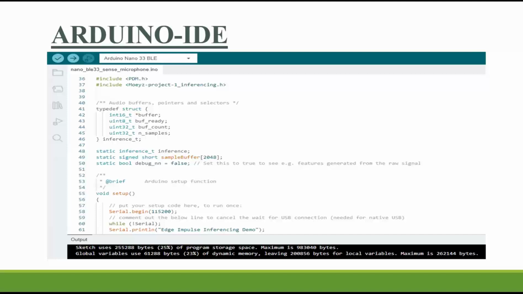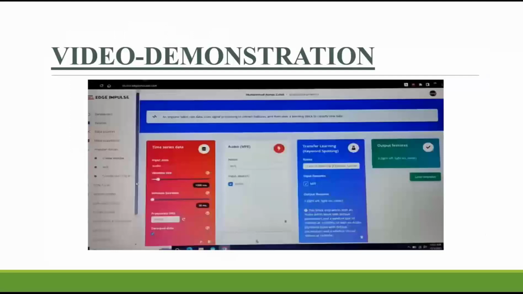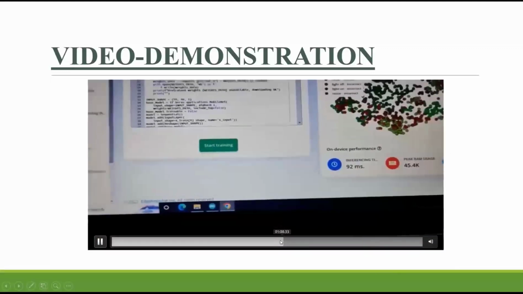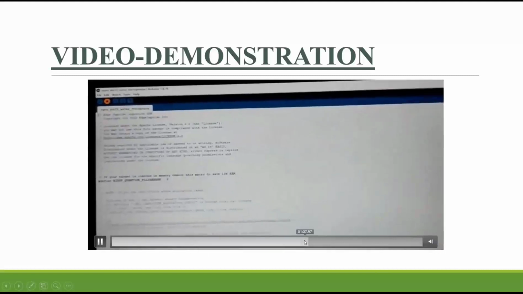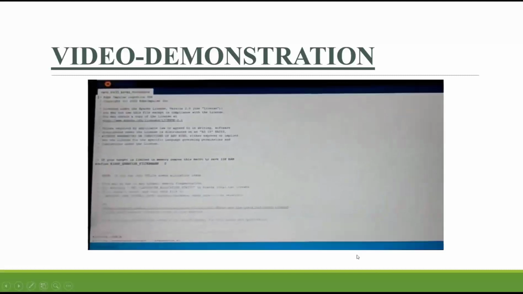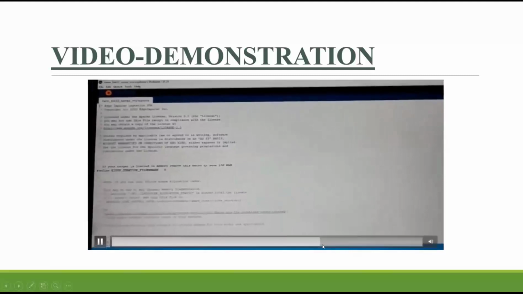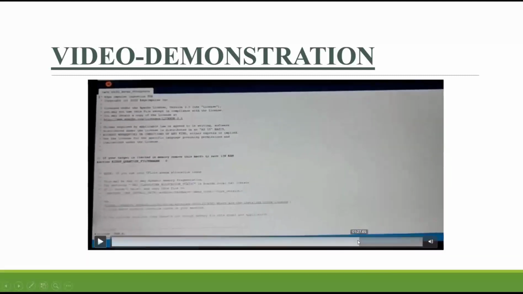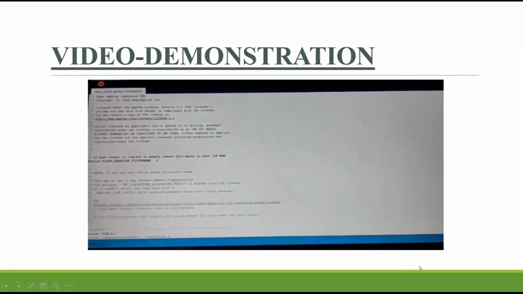Here is a video demonstration of how our project goes. For the demonstration, we simply add our library and, after loading the code on the Arduino,